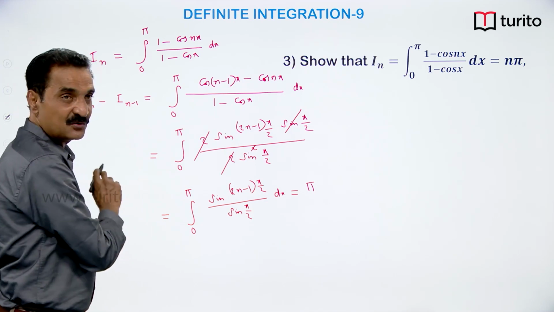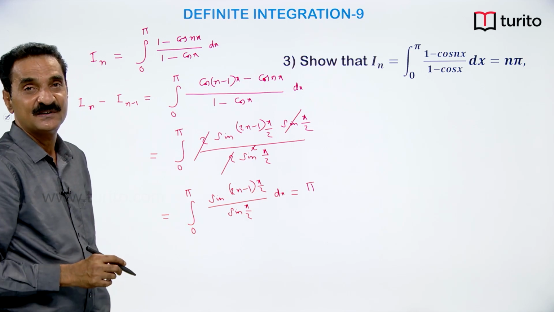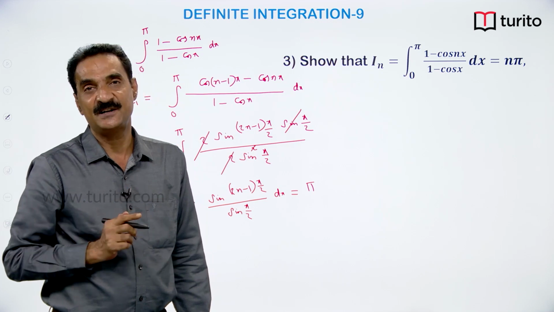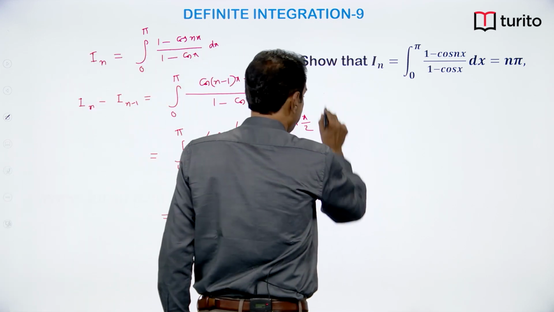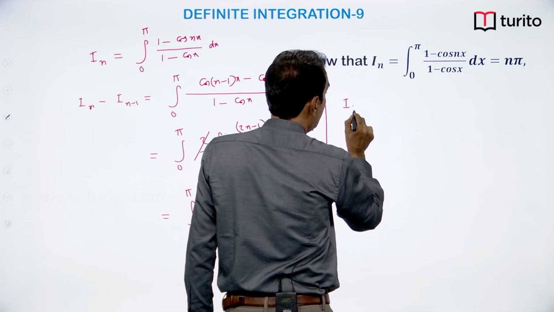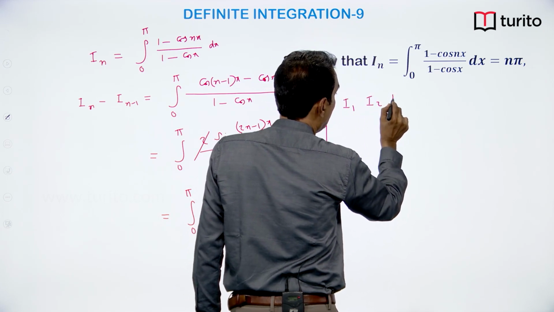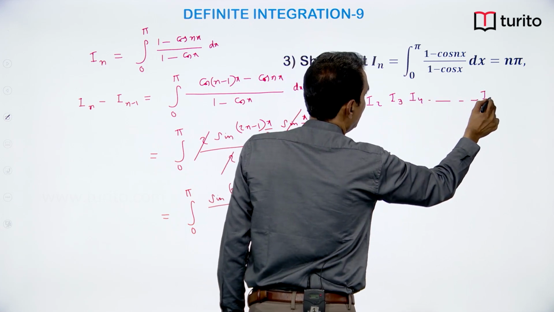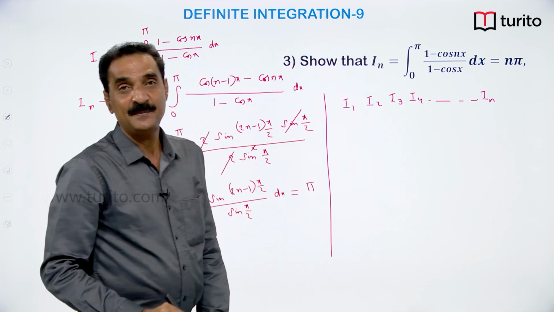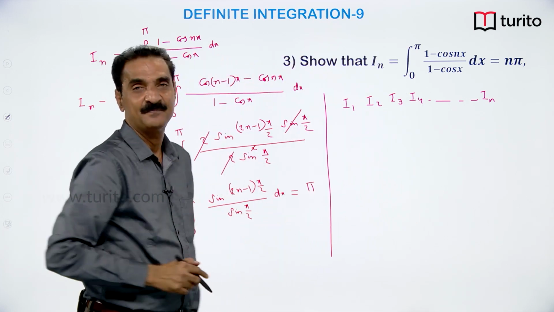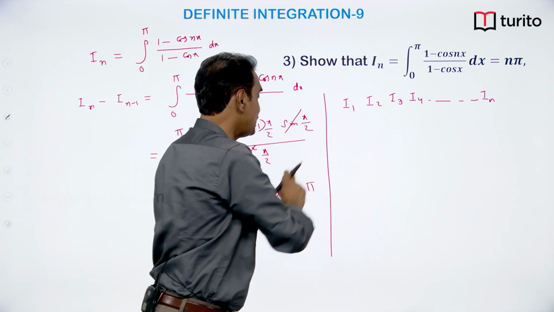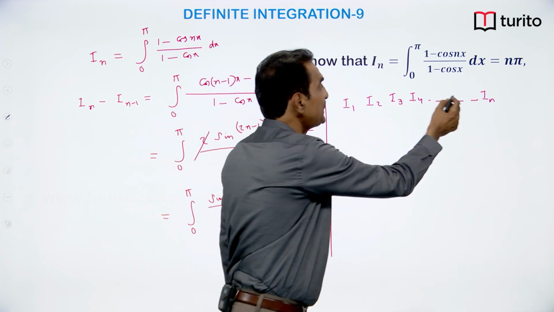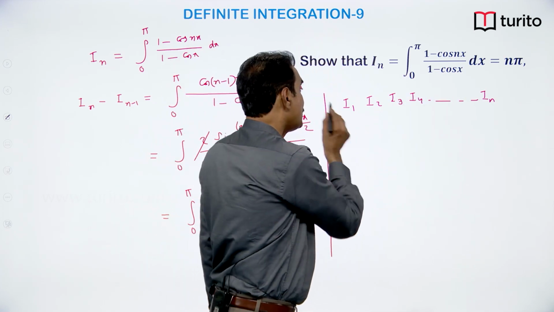In minus In minus 1 is constant, means the difference of consecutive integrals will be constant. Then what can you tell? I1, I2, I3, I4 and so on up to In, all these integrals will be in arithmetic progression with common difference pi, is it not? Because I2 minus I1 is pi, I3 minus I2 is pi and so on. Okay. So, if you want In,